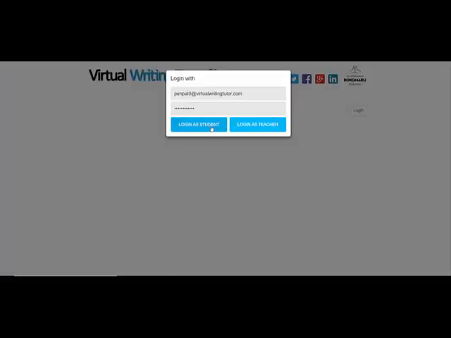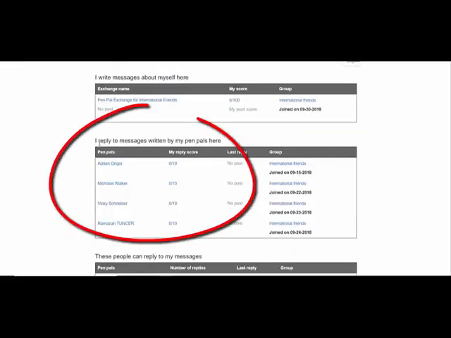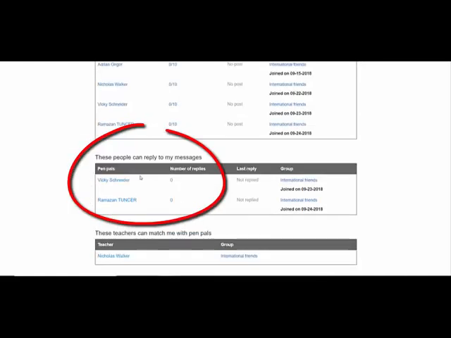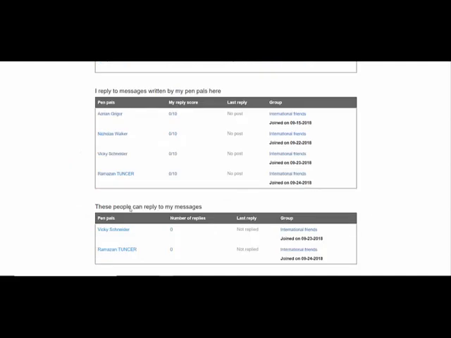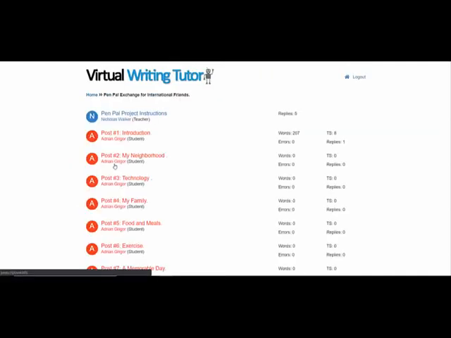We'll now log in as a student and wait for the system to load the exchange. Here are the pen pals that this student can reply to, and these are the pen pals who can reply to this student. So let's have a look what happens when we click on a name. We now visit the other student's pen pal exchange, and we can see that there's a message here of 207 words. So let's click on it,